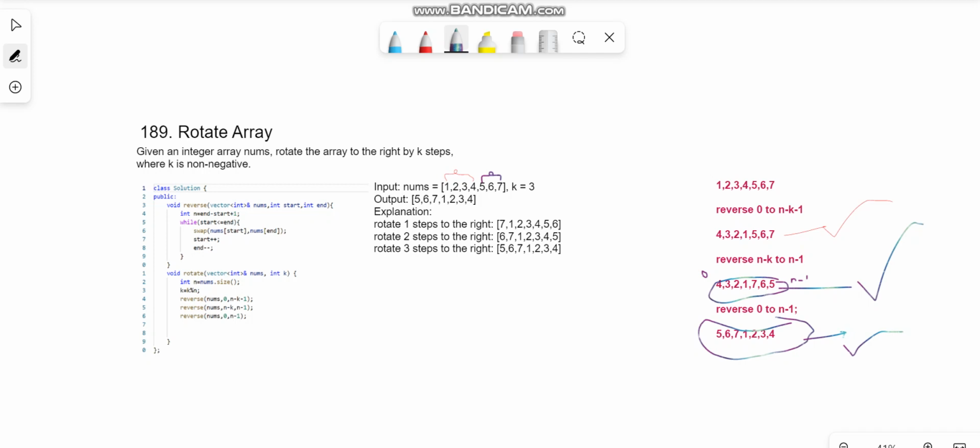First you have to reverse 0 to n minus k minus 1. Here k is 3, n is 6, so n minus k minus 1 is 6 minus 3 is 3, minus 1 is 2. Okay, sorry, this will be plus 1. No, minus 1. So first we have to reverse 0 to n minus k minus 1, that is